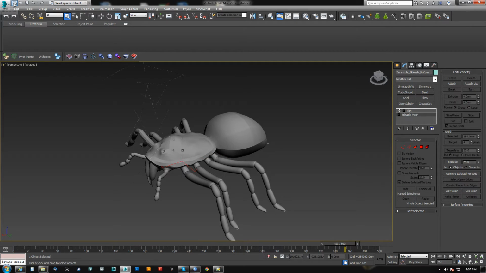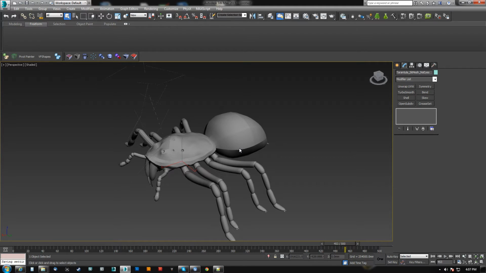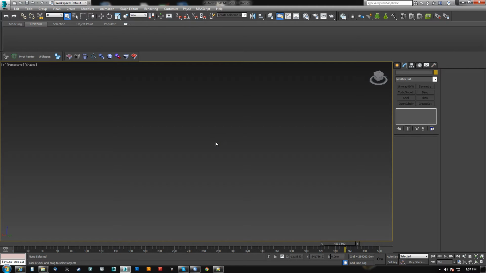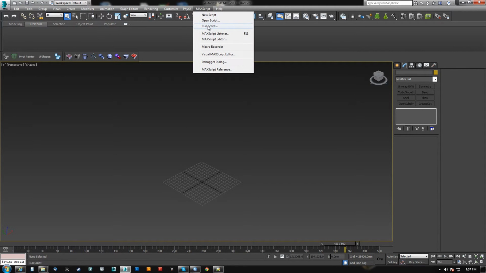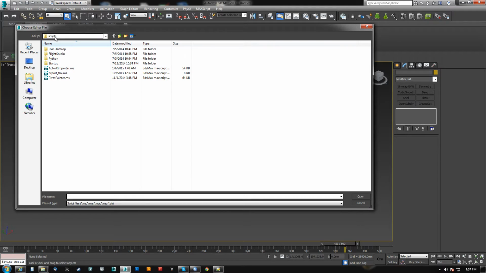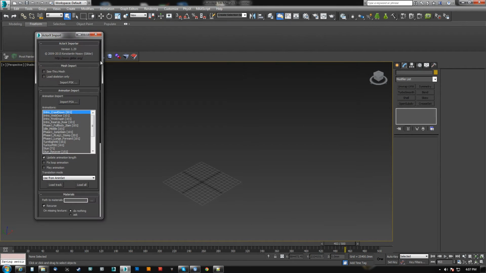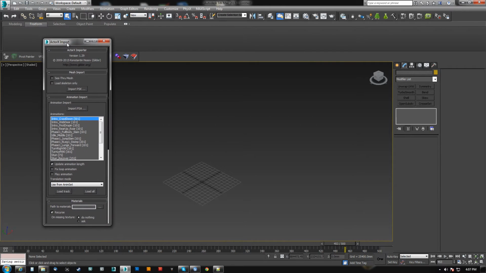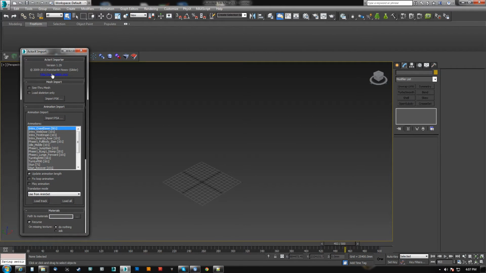So I'm going to say new scene, new all. Now this tool is a script, okay? So what we do is we go run script, and in my scripts directory I have this ActorX Import. I'm going to hit open here, and this pops up. Now this was created by Konstantin Nosov, or Gildor, and here's a website here,